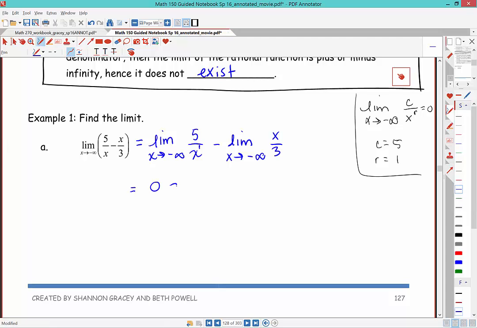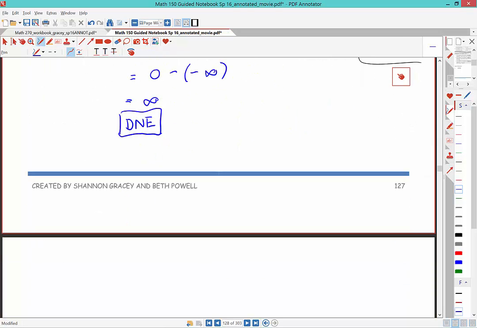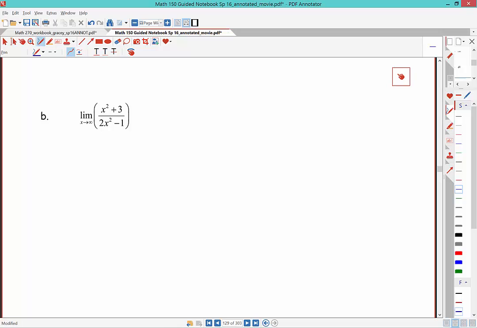Minus, now this guy, do you see, is going to end up being negative infinity. Good. So we end up getting infinity. So officially, the result would be does not exist. Okay? But we have learned that the end behavior as x tends towards negative infinity, the end behavior of our graph, is that the function values, the y values, go towards infinity. Okay? All right, so next up we have,